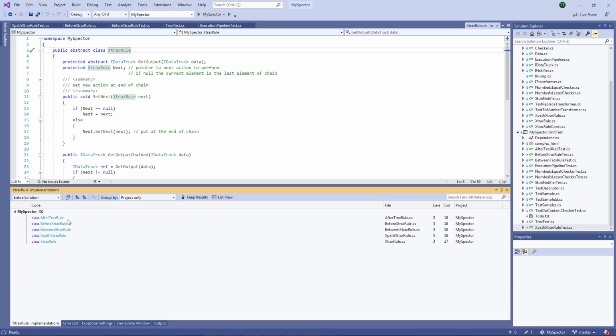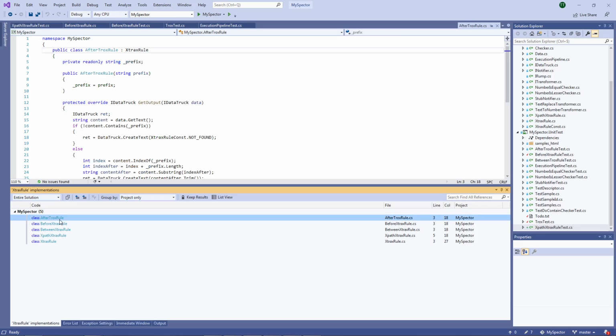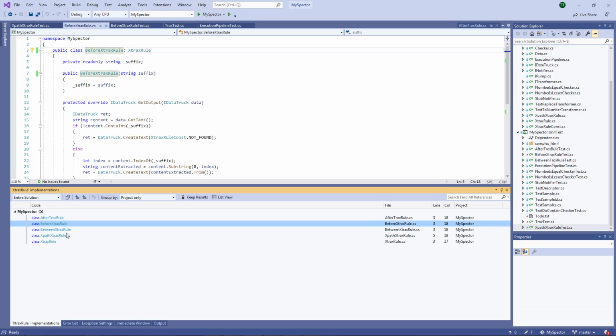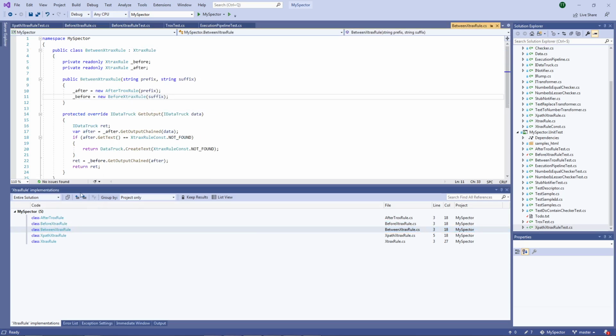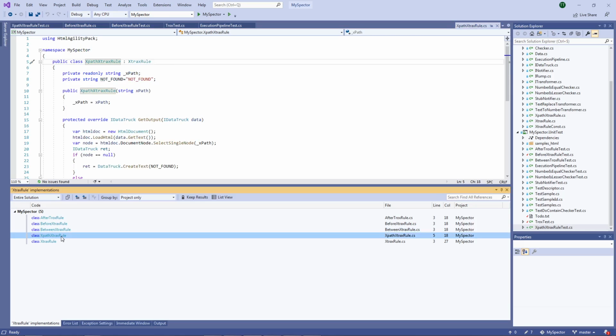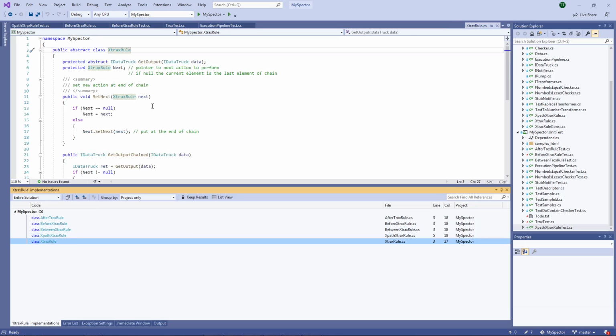In my system, I have developed different extracting rules. I have the after extracts rule, before extracts rule, between extracts rule. The between is calling the after and the before. Then the XPath extracts rule and the other extracts rule.